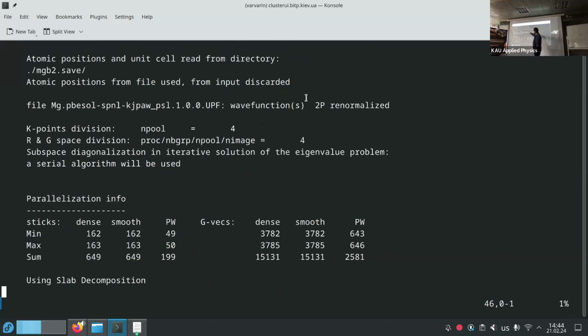So we had to calculate 141 k-points, and you see we used pool. It's in our script, so we divided. Mikhailo used 16 processors. You used 8 processors, so the number of processors is divided by this parameter npool which we specify in our cluster, and it means that we calculate 4 k-points at one time. For Mikhailo, it was 4 CPUs for each k-point. For LC, it was 2 CPUs for each k-point.